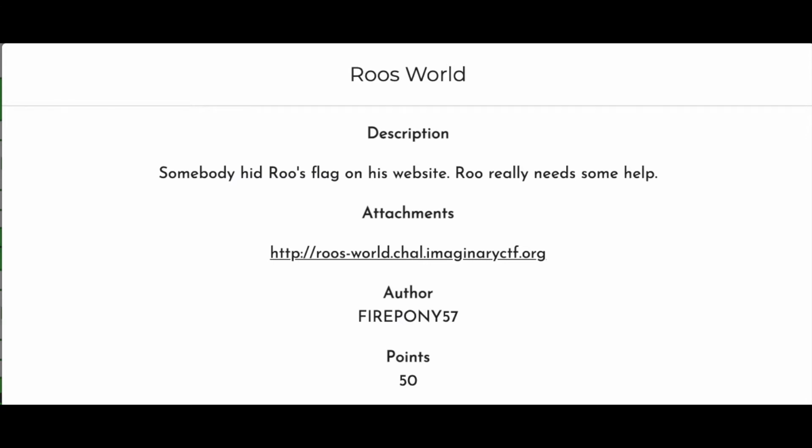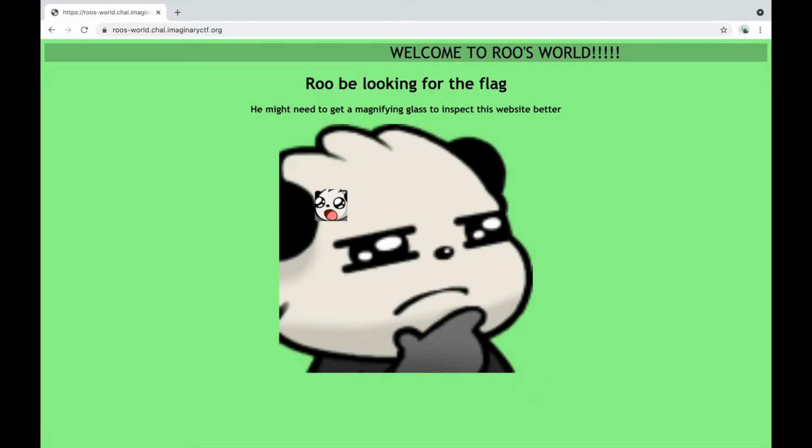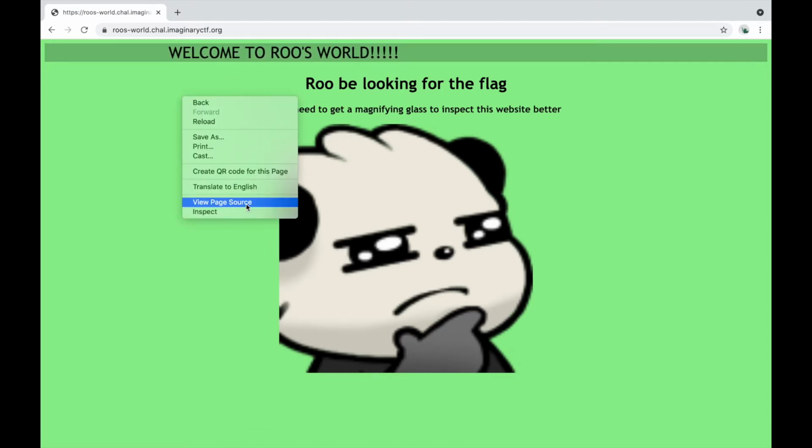Today we're working on a challenge called Roos World, and it gives us this website to go to. We go to the website, we can't seem to get the flag. It seems like there is this clicker thing on this website. Our first instinct would be to view the source code of the page, and we can do that by right-clicking